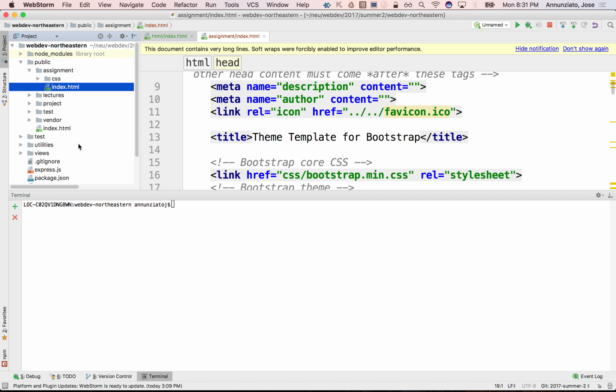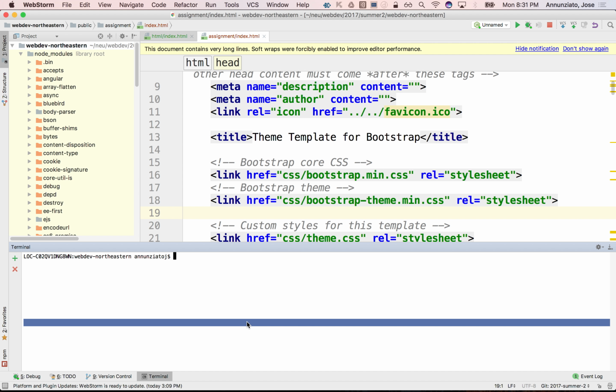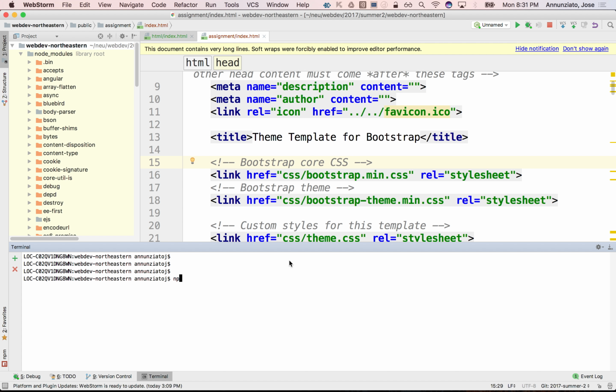Right now, we don't have Bootstrap installed locally, do we? I don't believe so. Yeah, we don't. So right now we did it by downloading the Bootstrap libraries. A more appropriate way would be to install those libraries. So we could do npm install